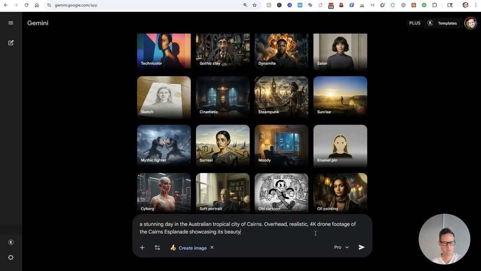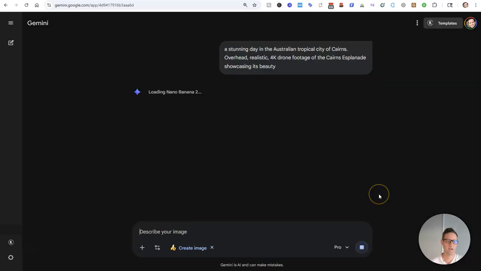Showcasing its beauty. Now, this reads a little bit like a video prompt, but I want to see what this gives us here, because theoretically you could use this as a starting frame in Veo 3.1 and then add an end frame and then create a piece of little video together like that and use it as stock footage. Because I think stock footage using AI is really on the come up, man. If they can perfect these locations like this, then forget having to buy a drone, right? Just kidding. I still think getting the actual footage will be better, but it is interesting to say the least